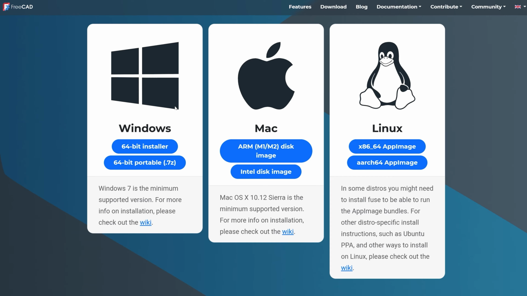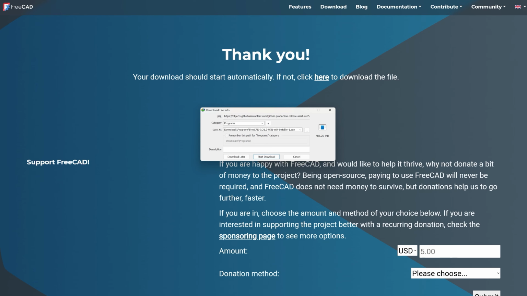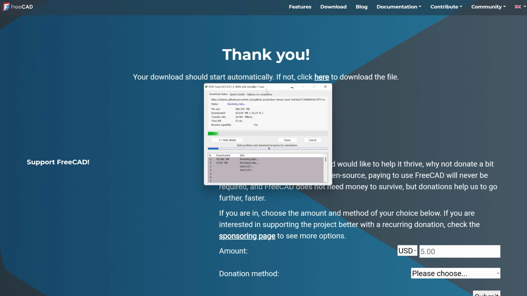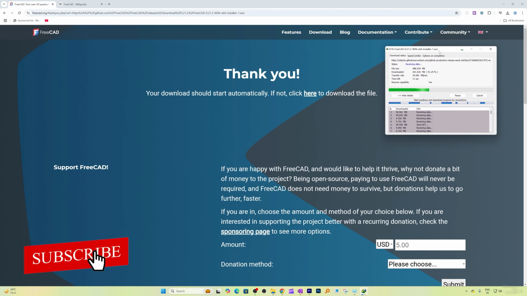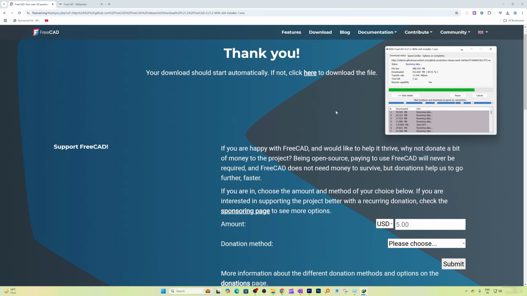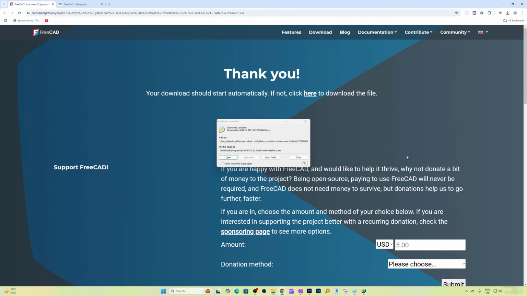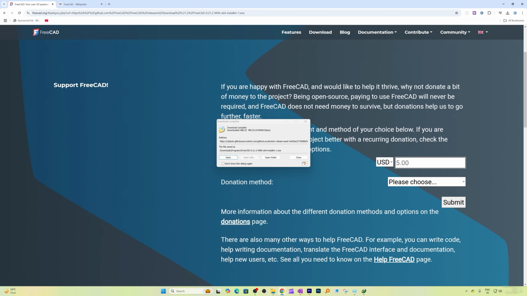So here right now I am using Windows, so let me download this Windows setup, and it also comes with portable version, which is really nice to see. So here we can see the download is pretty straightforward, and since this software is completely free and we are aware of professional softwares like this cost thousands of dollars, so one should definitely consider paying them if they're gonna